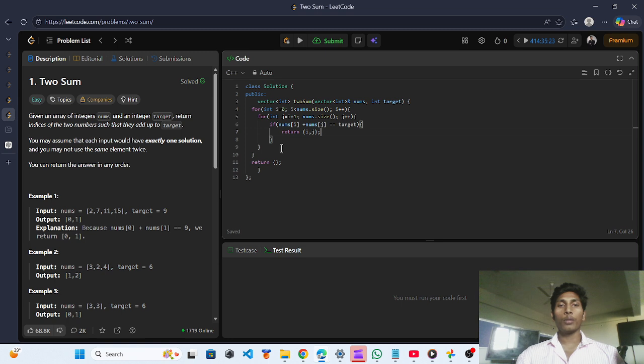So first of all we will run a for loop, int i is equal to 0, i less than nums.size().